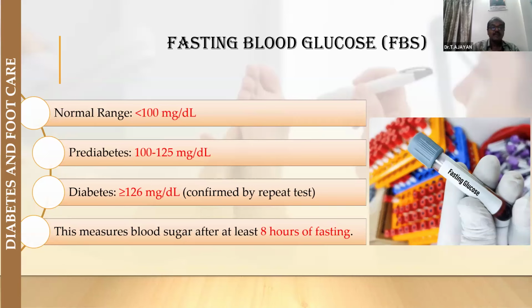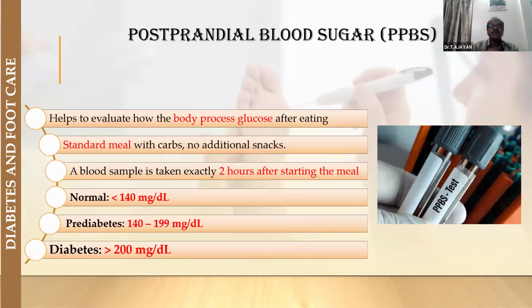The test measures blood sugar after at least 8 hours of fasting, which gives a good result. Only after 8 hours of fasting do you collect the fasting blood glucose level. That is very, very important. 8 hours of fasting is needed. Then the postprandial blood sugar level, PPBS, helps to evaluate how the body processes glucose after a standard meal,